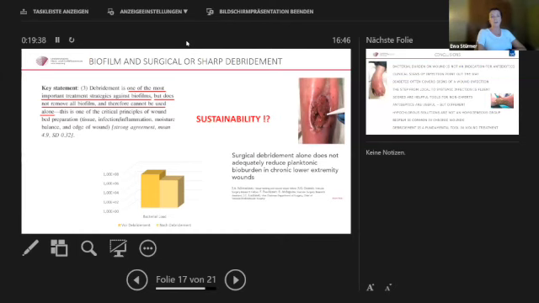Therefore, you have to debride the wound more often, and the recommendations say you have to do it again after 48 hours, after 4 days, and maybe another 2 days to reach the sustainability against the biofilm, to get rid of the bacterial burden, and not only one debridement is enough. That is not a really good news,